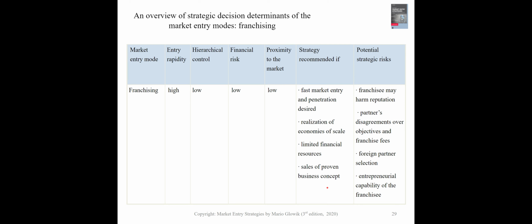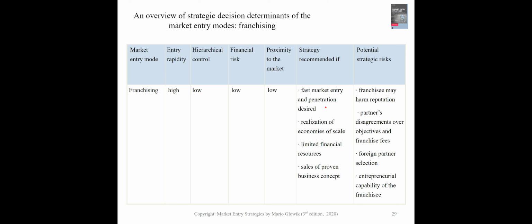and that the franchisees take over the entrepreneurial risk. Franchisees usually also have to pay a startup fee to buy our proven business concept, and they pay monthly fees depending on the sales they do within our franchise concept, and that helps the franchisor